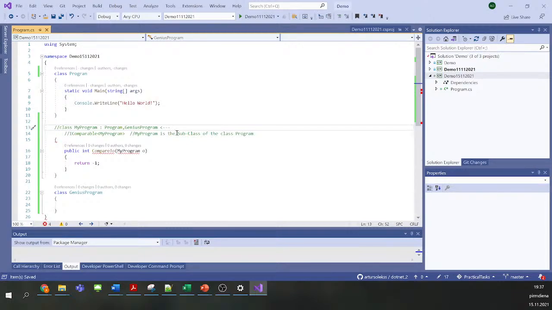So: multiple inheritance not allowed. But this would be allowed. This approach is allowed because here we don't have multiple inheritance.